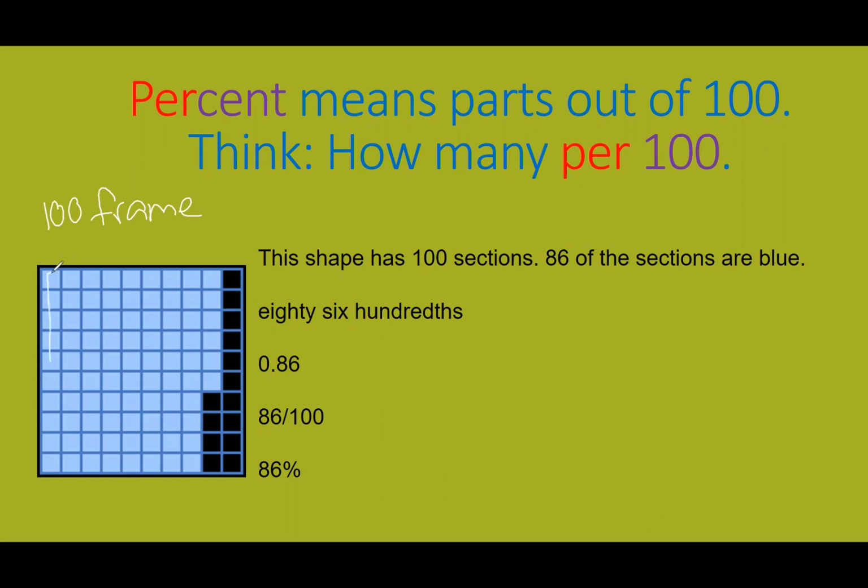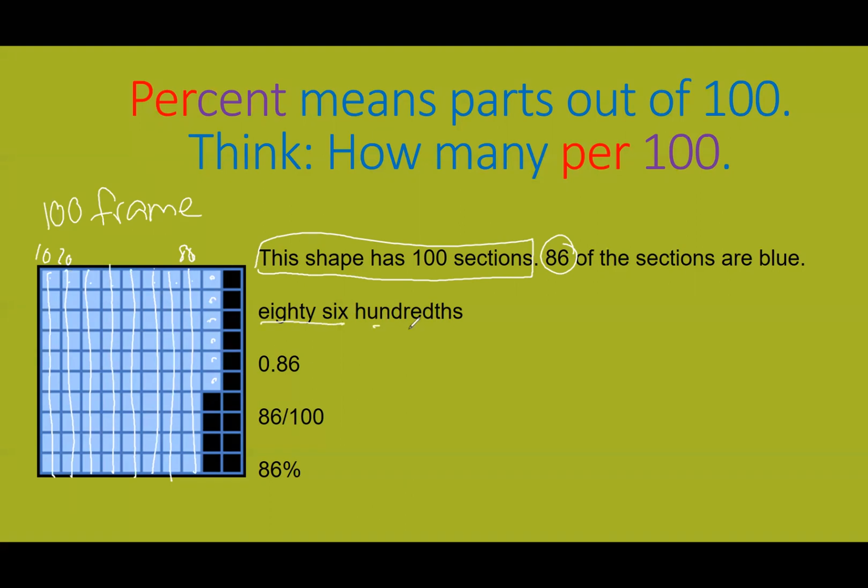We know that this whole column represents 10. That means this column is going to be another 10. So we're at 20, 30, 40, 50, 60, 70, 80. So all of those columns, there should be 8. 1, 2, 3, 4, 5, 6, 7, 8. Yep, because 8 times 10 is 80. And then we've got 81, 82, 83, 84, 85, 86. So this shape has 100 sections, we know that, and 86 of them are shaded blue, which means we have